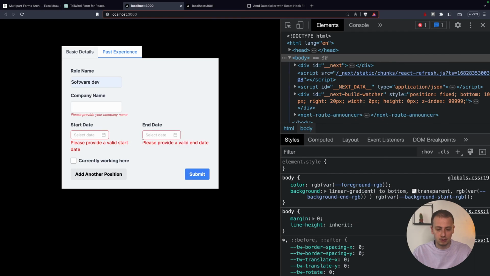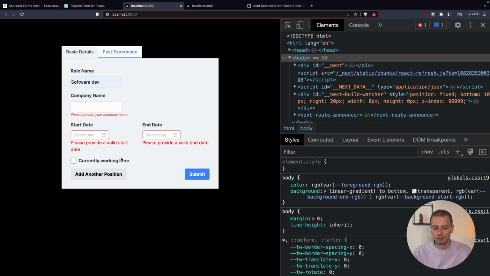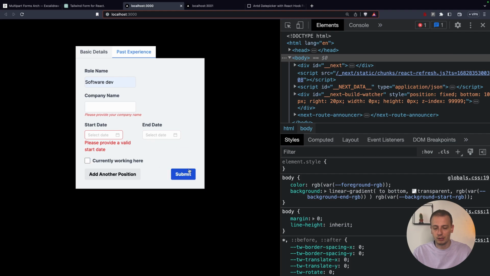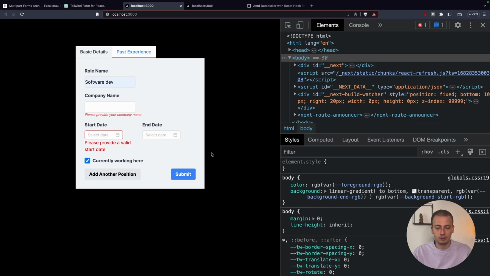So if I press submit now, I get a "please provide a valid end date". But if I were to check this and submit, I no longer have that validation error. Right, so superRefine in action, setting an error on this specific field. This seems to be working as intended,